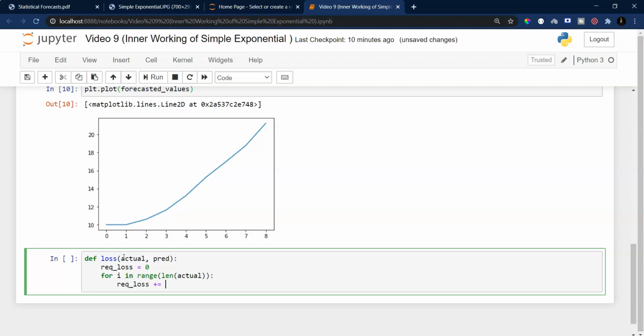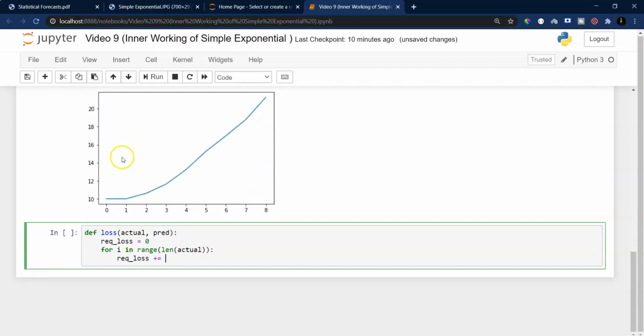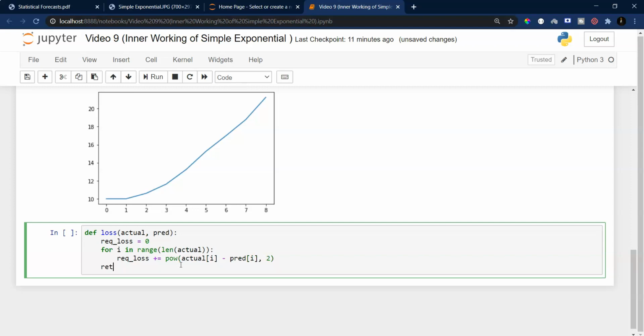I know it's not fully correct, but I'm implementing this to just see the distance between actual and predicted, forecasted values. I'll say power of actual of i minus predicted i, 2. And return required loss divided by length of actual. So I'm returning the average sum of squared errors.